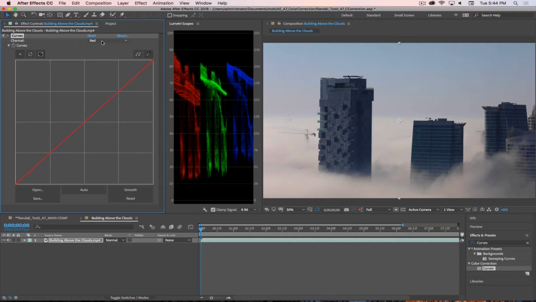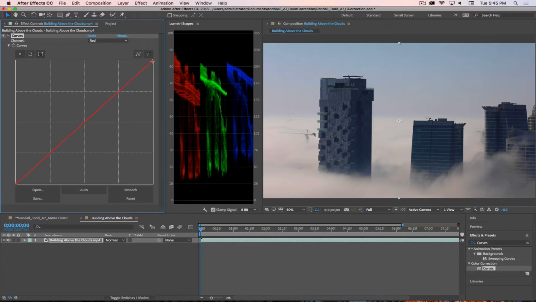If you're looking at the parades right now, what color do you think is the strongest in the whites? Red. Why? Because it's up highest in the parade, right? We can see in the parades we've got these peaks. We've got a blue peak here, a green peak here, and we've got a white peak here. So it looks like our reds are a little bit more prominent in the white areas of the image. And that's going to be a good place for us to start correcting this shot and making it nice and balanced. So let's make sure you have the red channel selected in curves, and then we're going